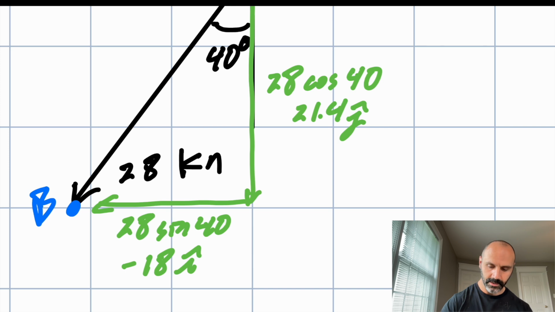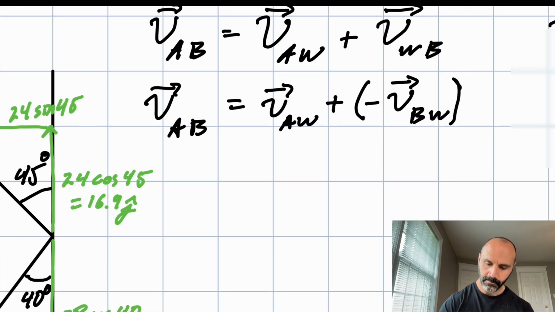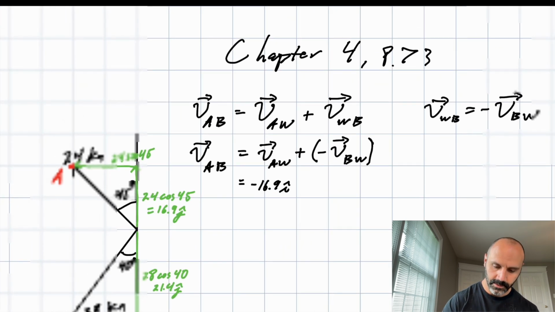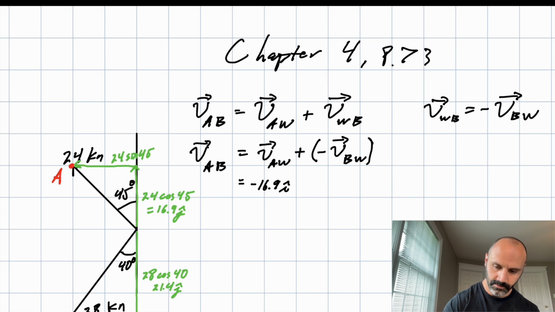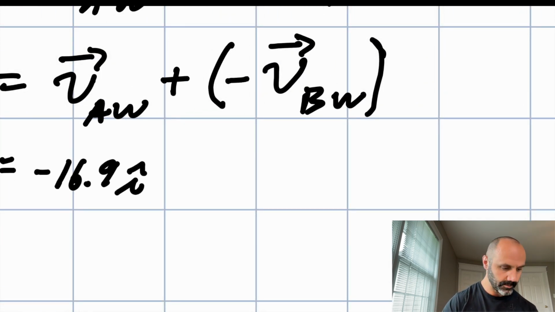This is negative 18 I. So when I'm putting this in now, so I'm continuing my work here, the velocity of A relative to the water is negative 16.9 I, right? Because that's this vector right here, and it's moving in the negative x direction. So now plus